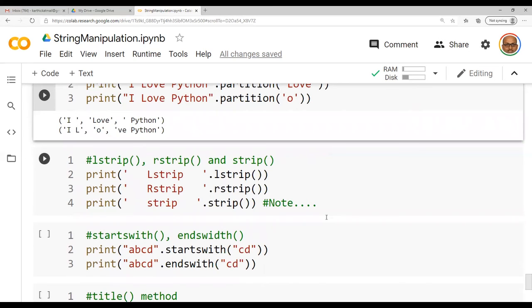lstrip, rstrip, and strip. That is left strip, right strip, and strip. Here, left strip means it removes the spaces before the particular string.